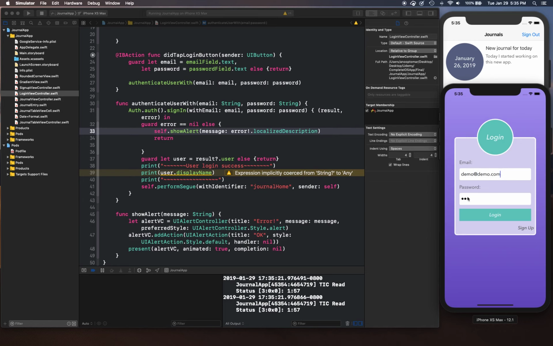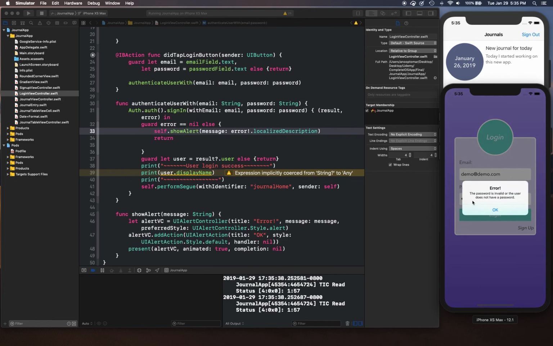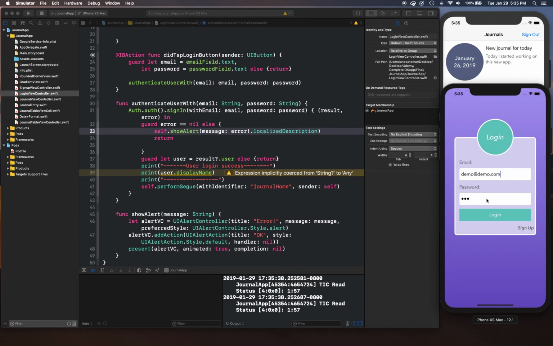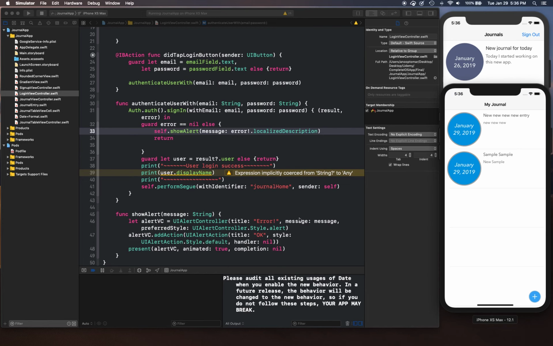Demo.com, and we enter an invalid password, then it's going to say the password is invalid or user does not have a password. You can modify this to fit your need, but right now this at least handles a case where the user sees an error, so they can go ahead and fix it. So I'm going to enter a correct password here and log in, and there we go, we are logged